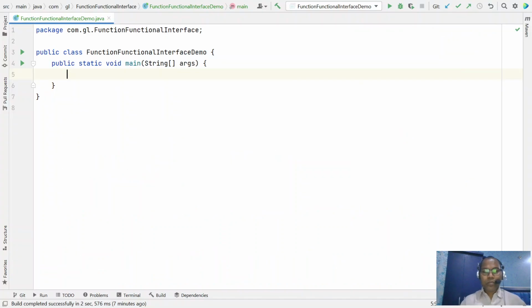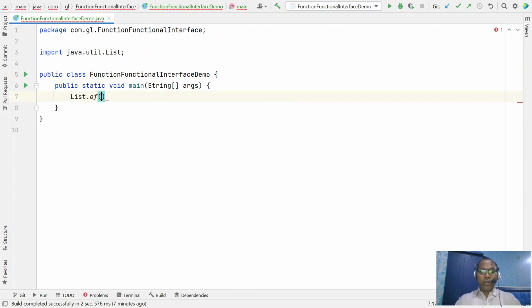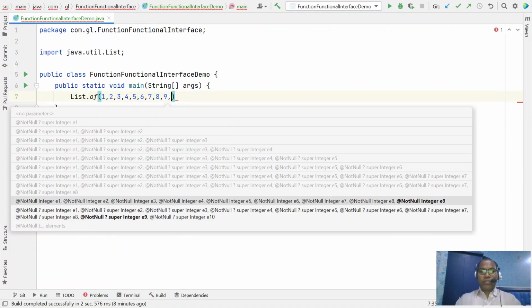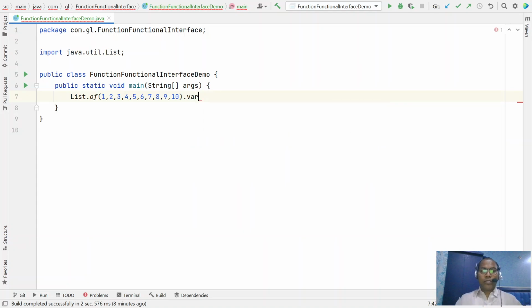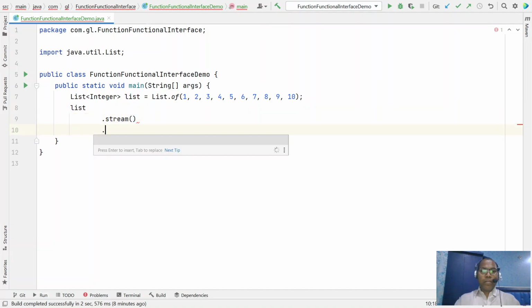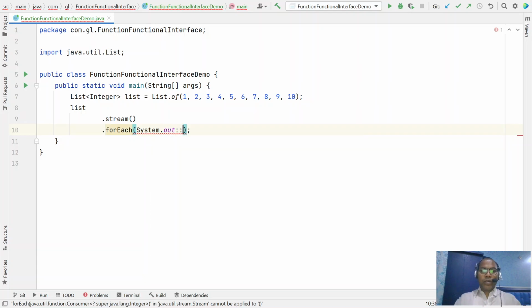We have a list of numbers. List of numbers dot forEach. The forEach is just displaying all your numbers.